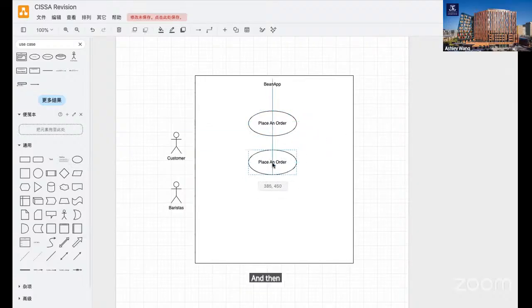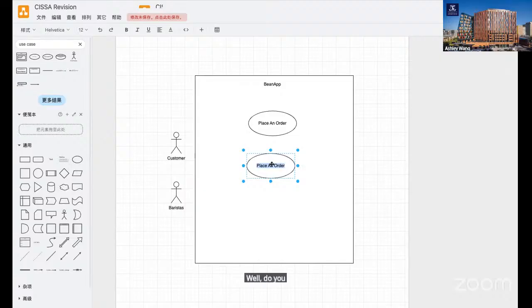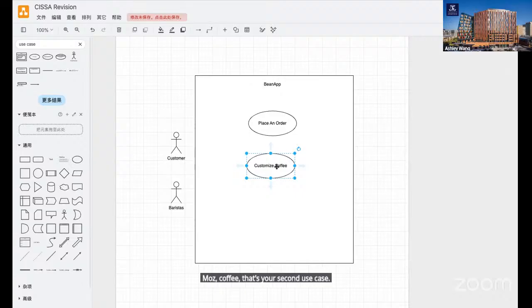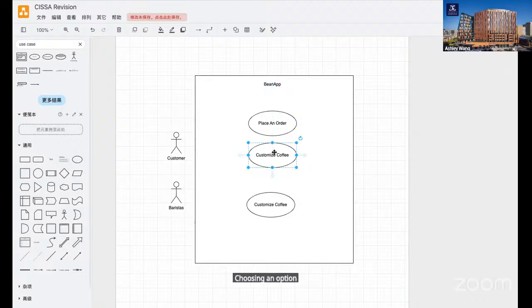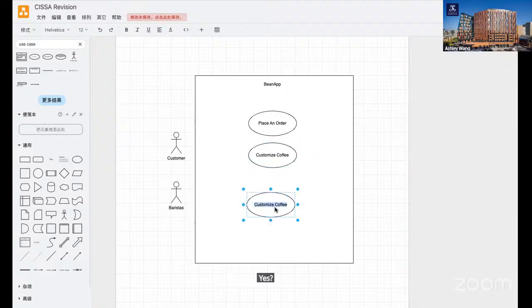And then what do you think the second one I should write? Second use case, we've got place an order. That's our first one. What's our second one? Customize coffee. Excellent. That's your second use case. What can we have as our third one? I'm just gonna go back to the question. Choosing an option.